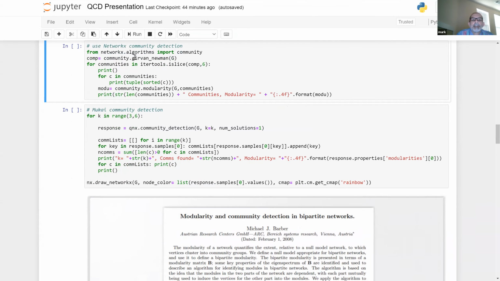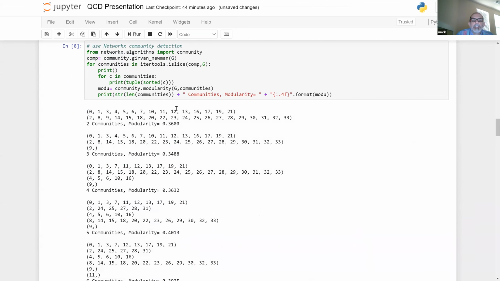And NetworkX also has a community detection algorithm built into it. It's one of these locally optimizing algorithms. Every time, it starts with all the nodes in one community and it splits one of the communities in order to optimize modularity on each step. So the first step, it got two communities with a modularity of 0.36. And you'll notice that node 2 is separated from its nearest neighbors 0, 1, and 3. Once it splits, it can never recombine, and that turns out to be a fatal error right at the start,